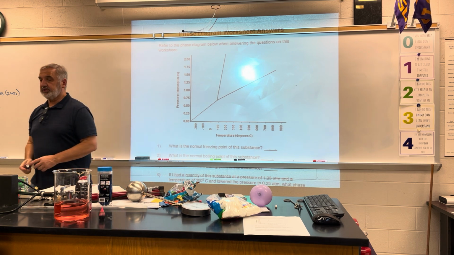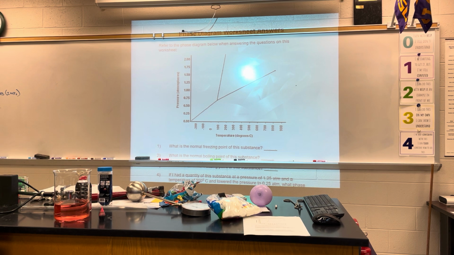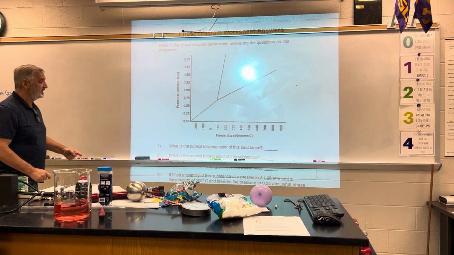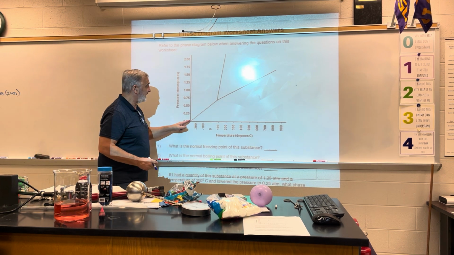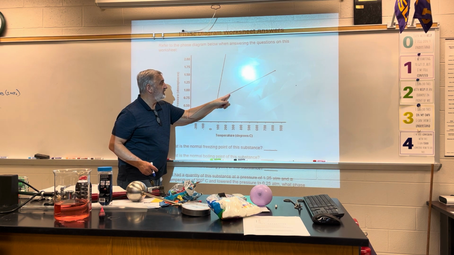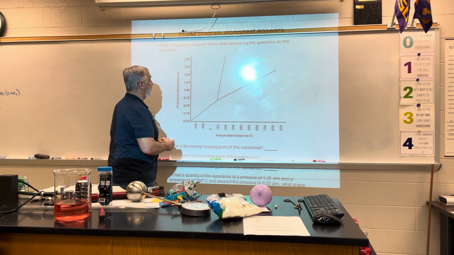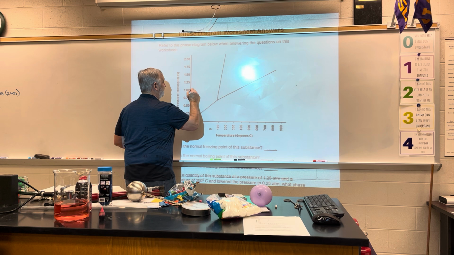So again, if I take just some water out of the tap, normally I'm going to want to make it boil by putting it onto the fire, heating it up. Because as I heat up a substance, its vapor pressure is going to increase. So when we have 1 atmosphere right here,